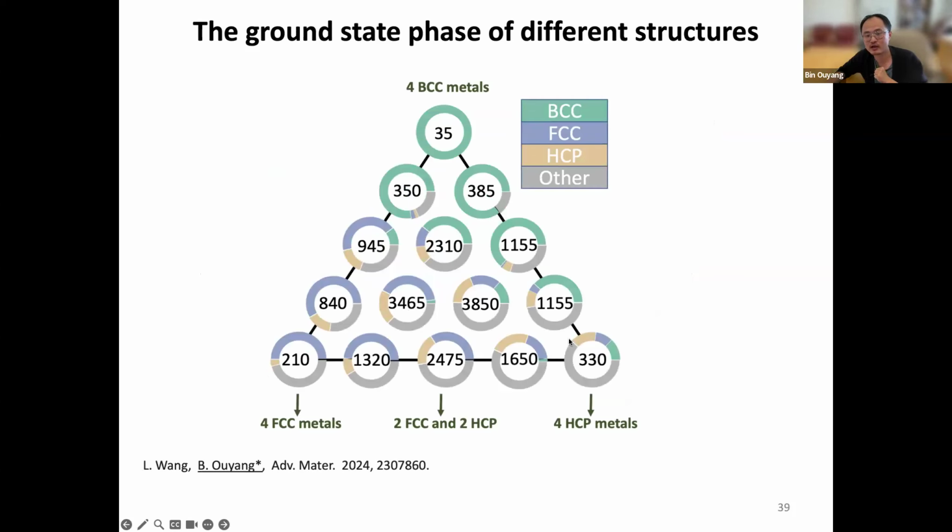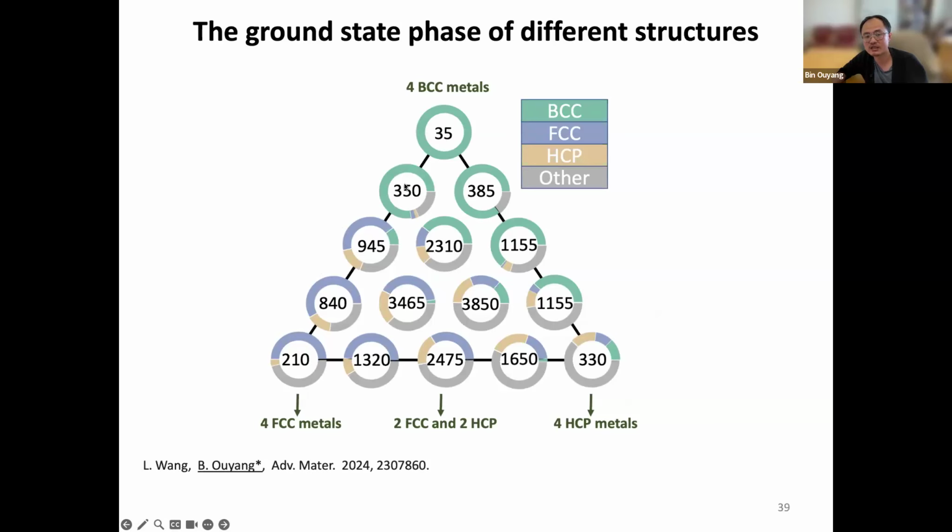So this triangle tells you the final ground state after you mix metals with different preferences for elemental phases. The top here is when you mix 4 BCC metals. It's kind of interesting. If you mix BCC metals, you're only going to end up with BCC high entropy alloys. There's no exceptions here. But if you step down, for instance, to the left bottom, you see eventually when you